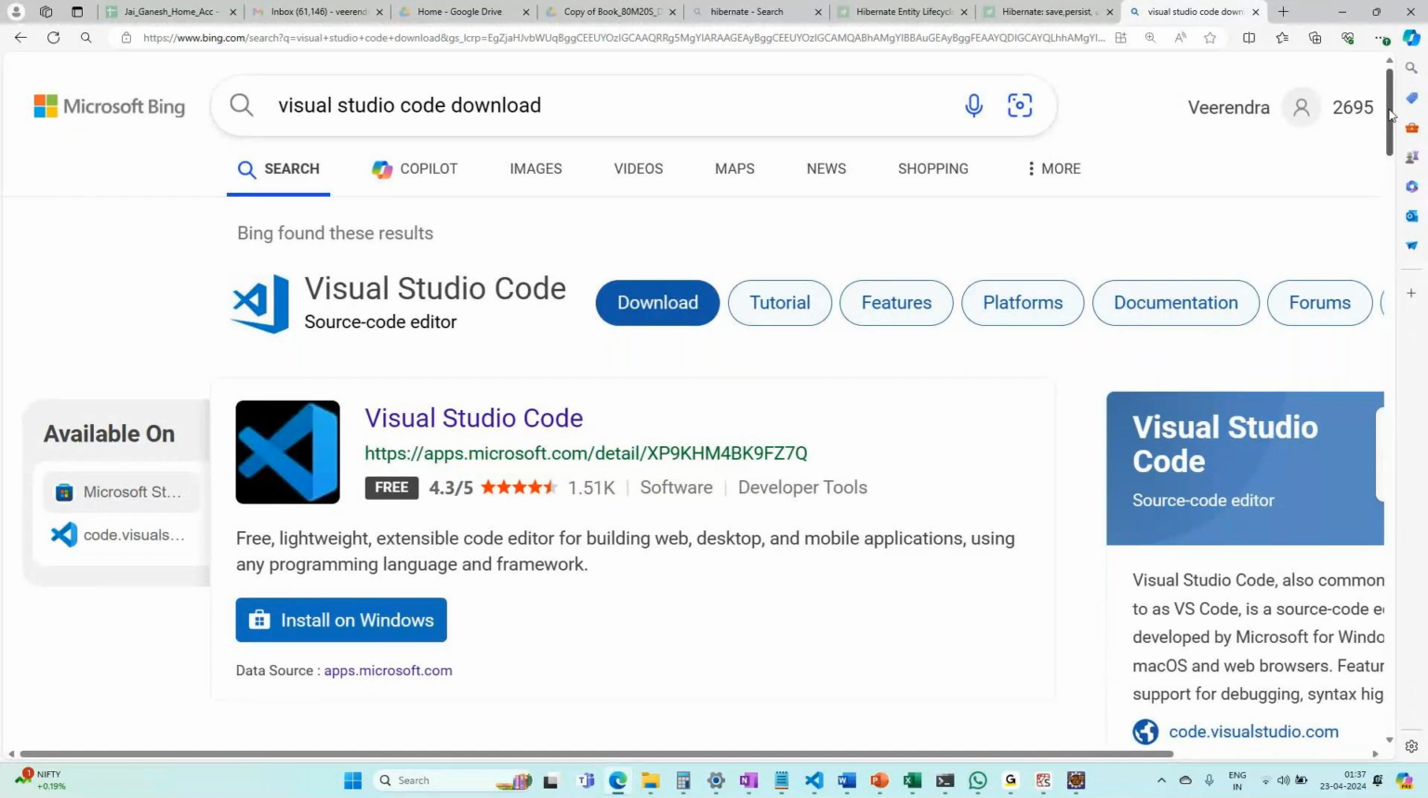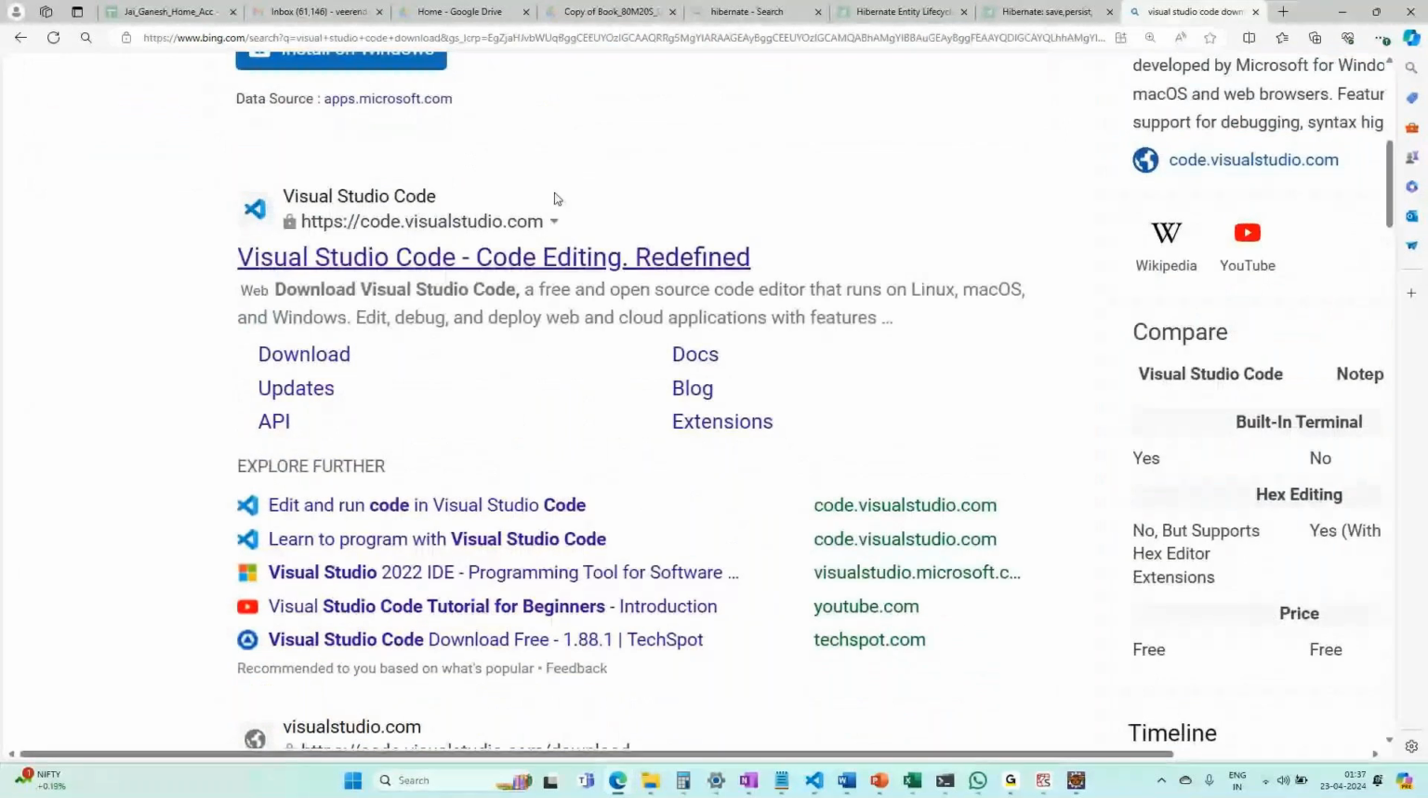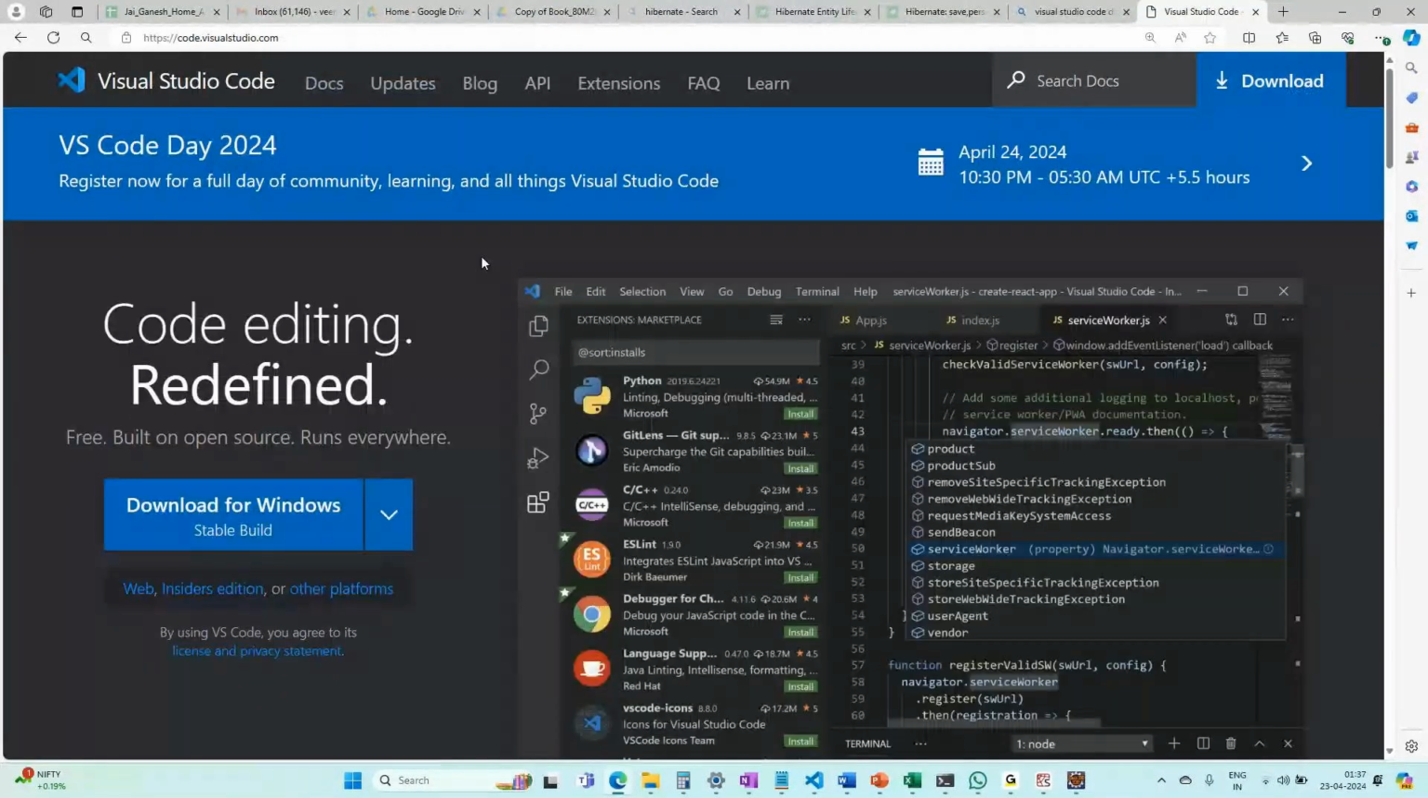Done. So go down here. Just click on this. Visual Studio Code, code editing redefined. Right. Just click on that. Done. Okay. Once you do that, so you can